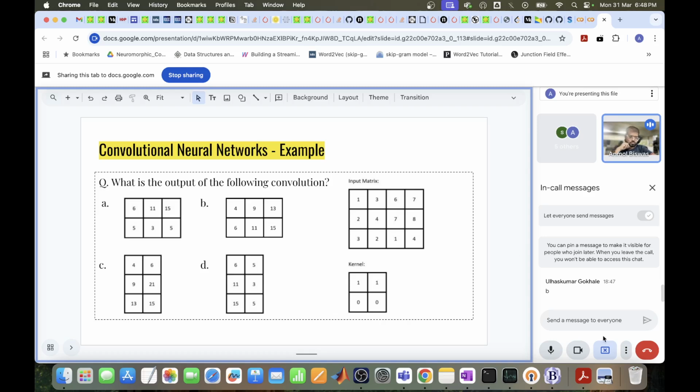Okay, so the anticipation surrounding Hightail has been